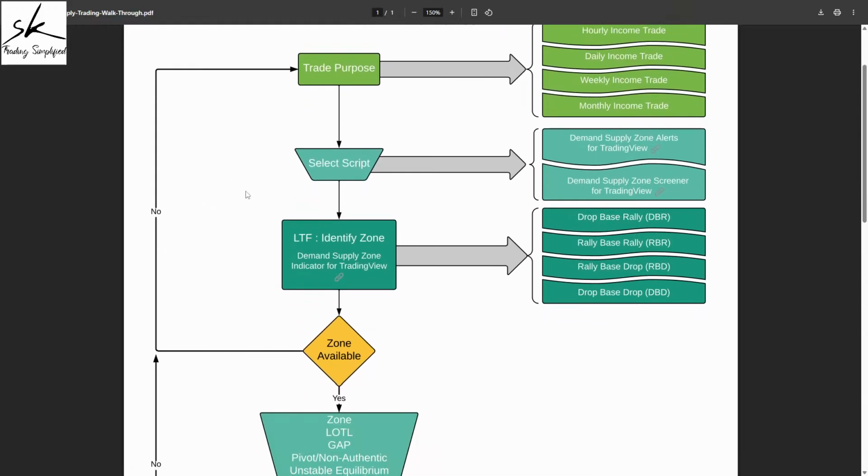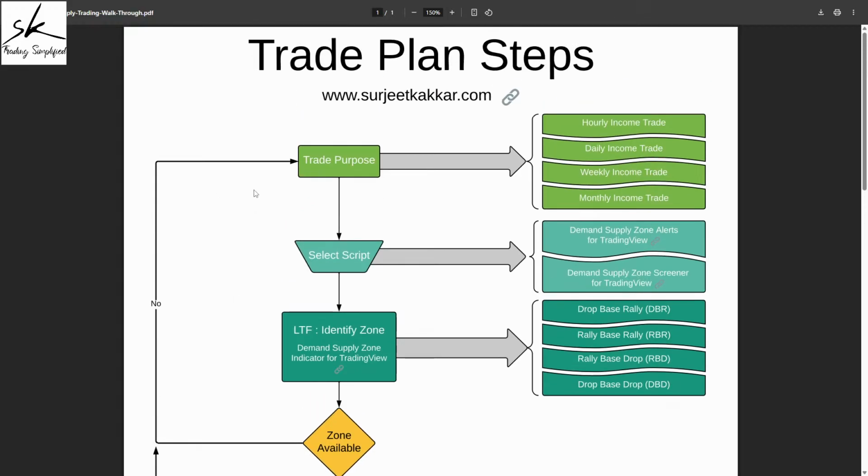So because we need to be mechanical and rule-based, what we need to do is create a trade plan for ourselves. Now, when you're learning trading as a fresher, or even when you're learning a new methodology, let's say in this case demand supply, it's not very easy to create a trade plan from day one. And that is where these two documents help you. They are more like your ready-made trade plan, but a little conservative approach. As you start having more and more experience, you want to modify it based on your personality style. Those modifications can definitely be done, but at least you do have a starting point which can help you start planning trades very mechanically and very rule-based.